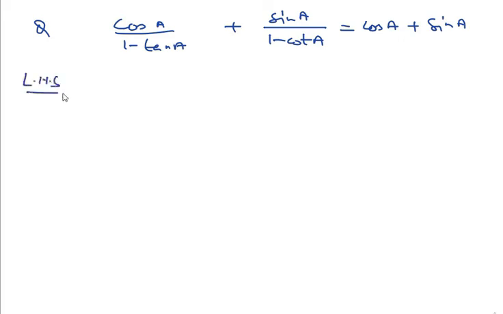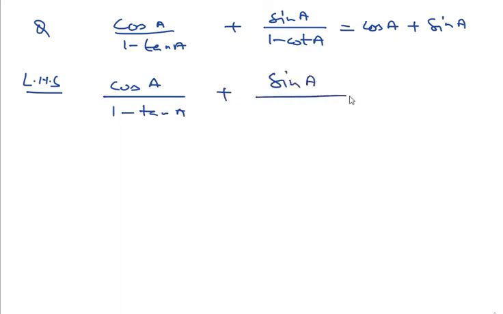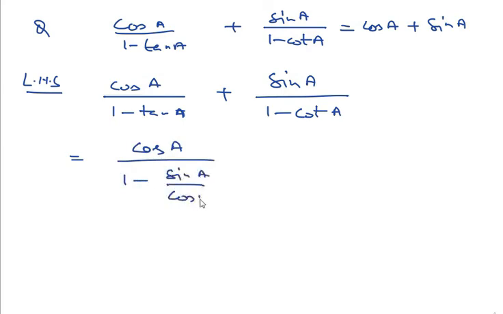the left hand side, and when I am noting this down, I will also cross check whether any identity is applicable over here or not. If not, then my first job is to convert each trigonometric ratio in terms of sine and cos. So it is already in cos. 1 minus tan A will be 1 minus sin A upon cos A, and this will be sin A upon 1 minus cos A upon sin A.